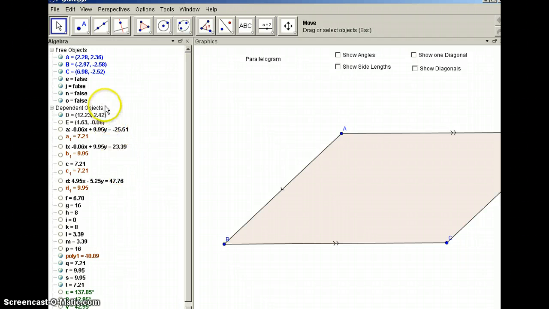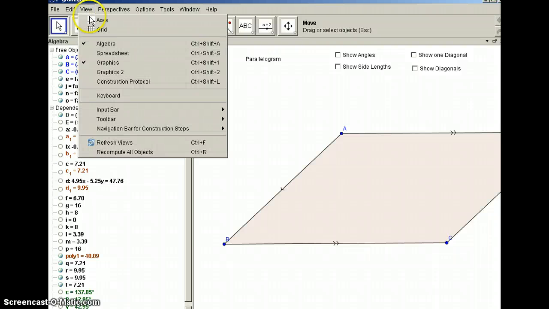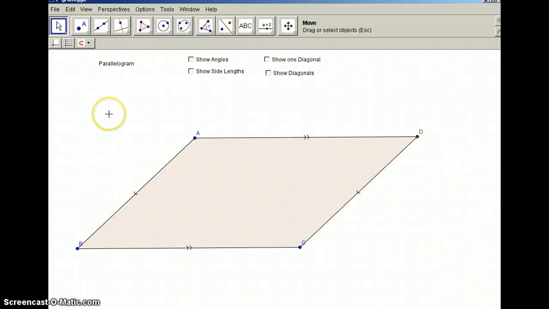Well, that's easy enough to turn off. If you go up to the top of your GeoGebra window and you click on the View menu, you can see right here this line that says Algebra, it's got a check mark next to it, and basically that check mark just means show the algebra view window. Well, if I click on this, then it basically unchecks that selection,